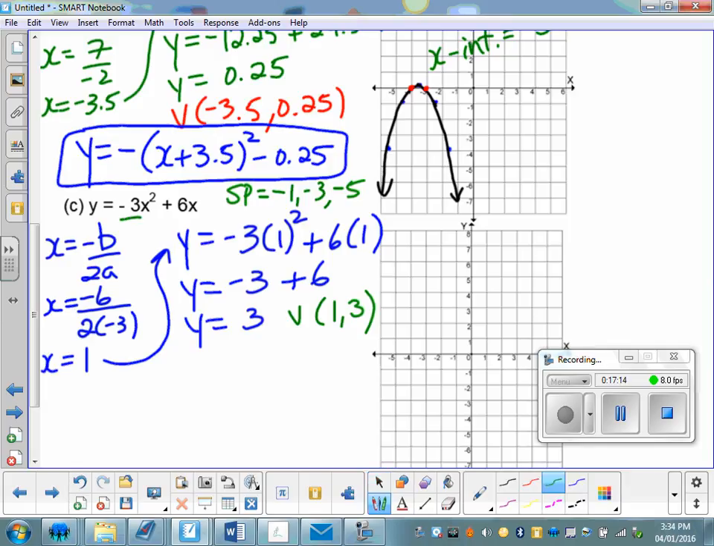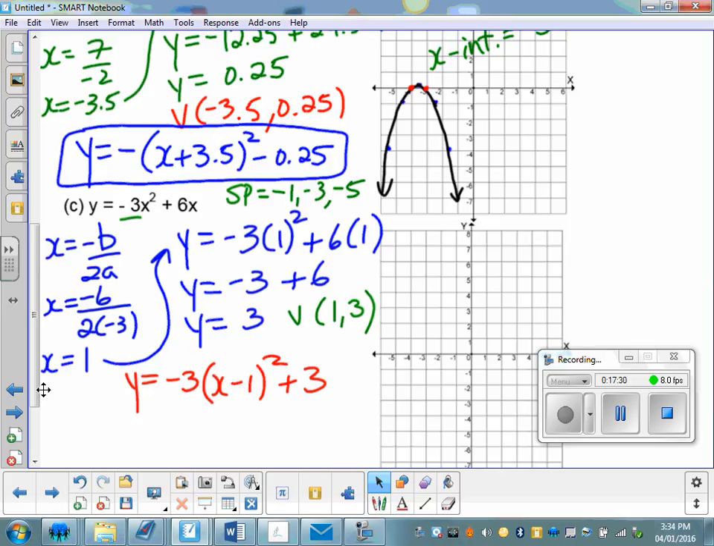And you can see that we've got a number out in front of the x squared. So when I'm writing the equation in vertex form, that -3 is going to be out front here. And I've got x minus 1 squared plus 3. So you can see in this case, my step pattern, that's normally 1, 3, 5, is going to be -3, -9,